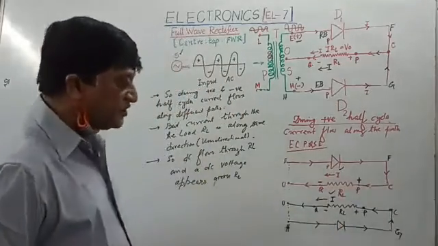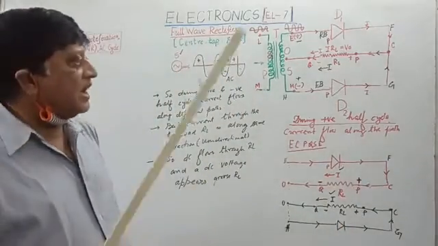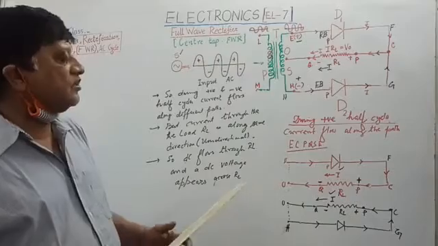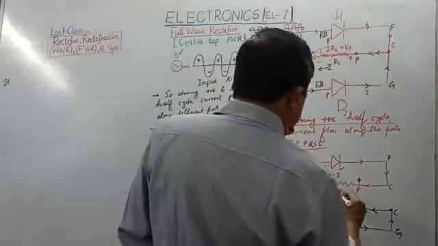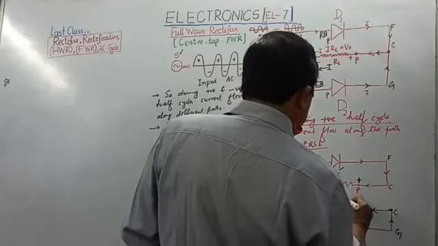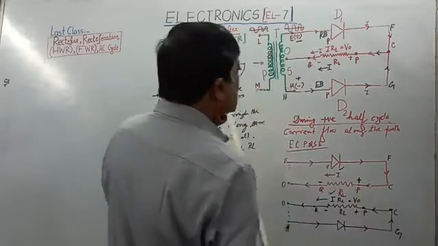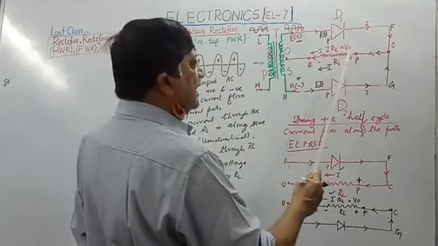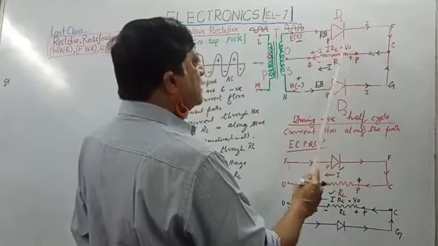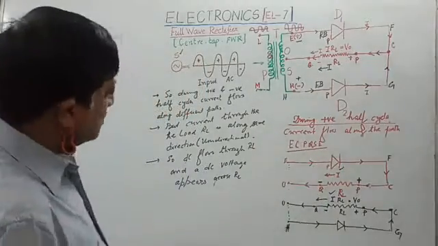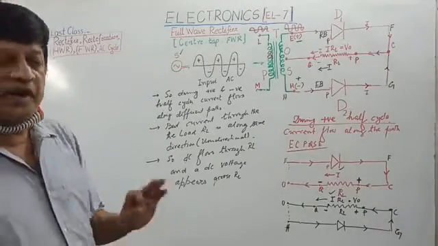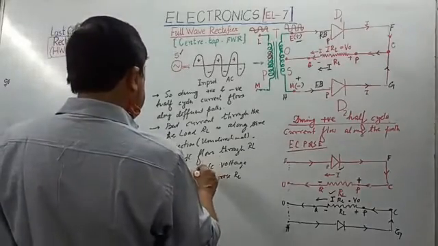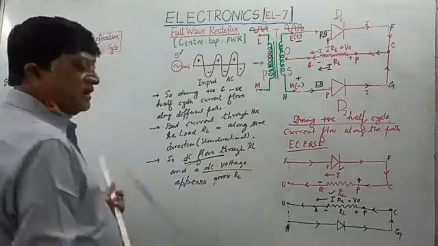I think you are now convinced that paths are different, but the most important thing is how the current flows through the load. That is in the same direction. So I into RL, that is your VO. I into RL is VO, positive half cycle is positive VO, a constant, fixed positive, and this is your I. Such a current which does not change direction but maintains its direction, the direction is fixed, is actually called a DC. And a DC voltage appears along this.